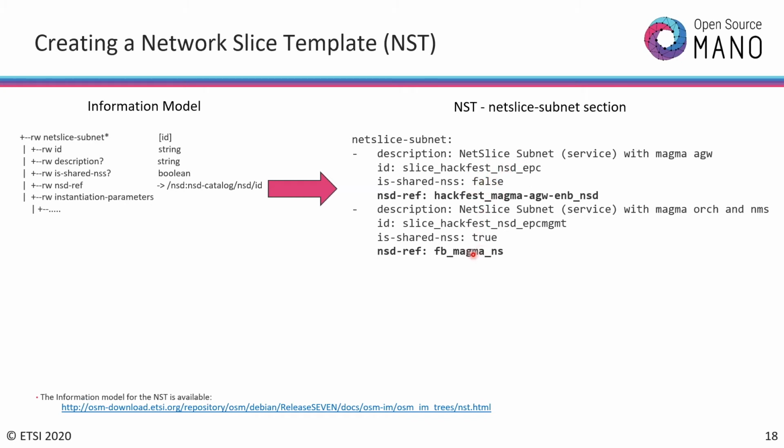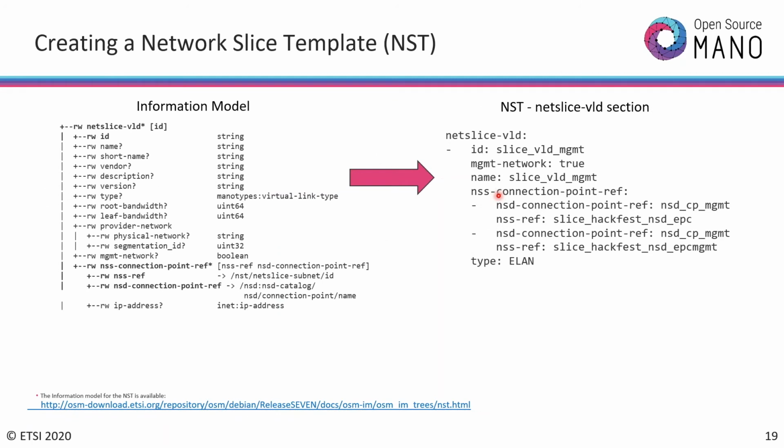It will be deployed again each time we instantiate and create a network slice instance from this template. The last part is the NetSlice build section. This is where we do the network slice service composition. We create connections among the network slice subnets. So basically, we are indicating here that we want to connect